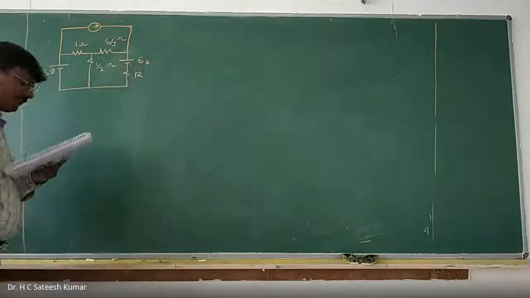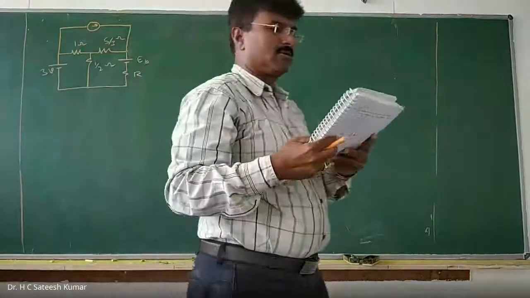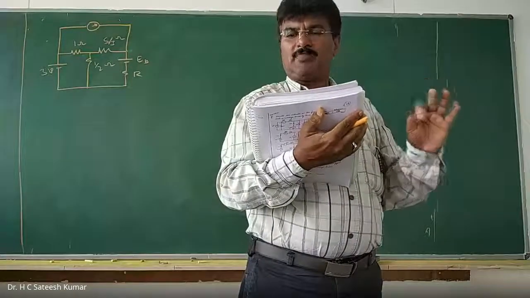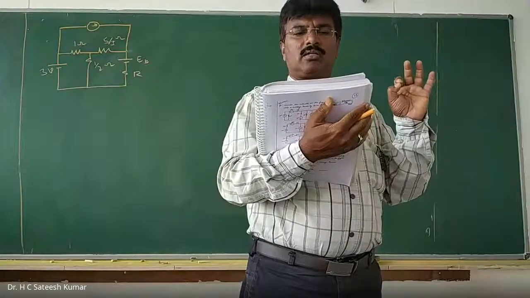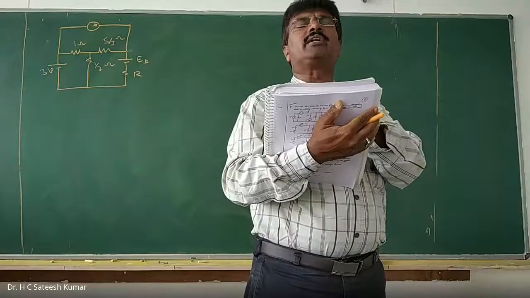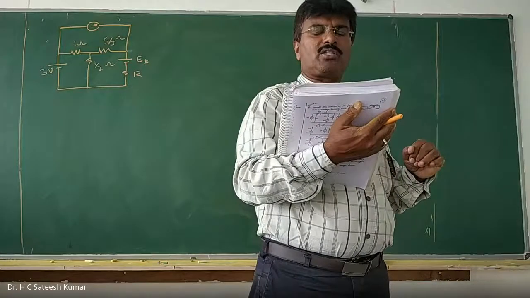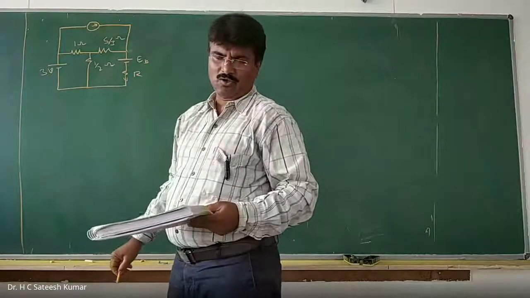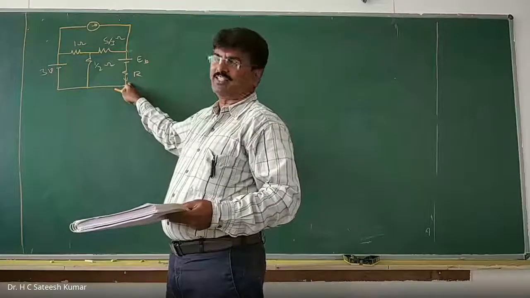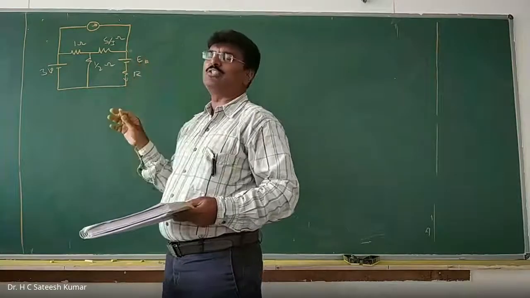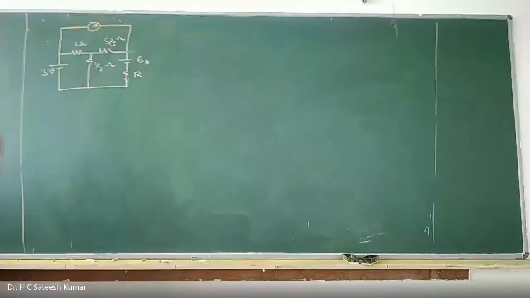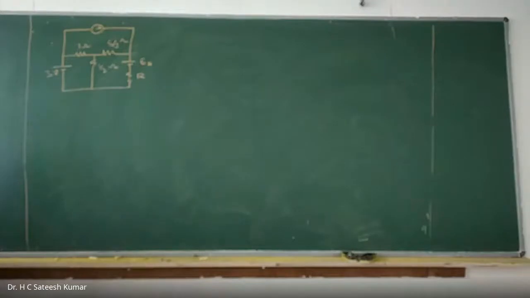This is one of the very standard problems. Many students have made mistakes in this one. The question is like this: in the circuit shown in the figure, determine the voltage EB if the resistor R carries no current at all, using source transformation and source shifting. I'll repeat the question. Current flowing through this one is taken as 0. To make the current flowing through this one 0, what should be the value of EB using source shifting and source transformation? That's what he said. This is one of the complicated problems we have seen. Many students made mistakes in the examination, which was repeated twice in the examination. Let us see how exactly we can do this.